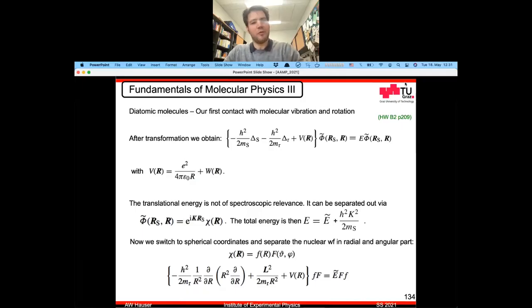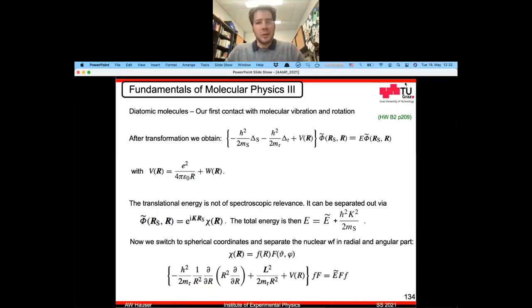So we transform to spherical coordinates for the description of chi of R, which is the only part of the nuclear wave function that is actually relevant for the actual energy of a molecule somewhere in space,